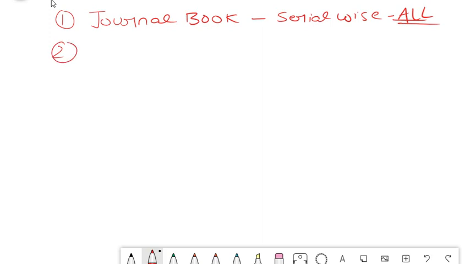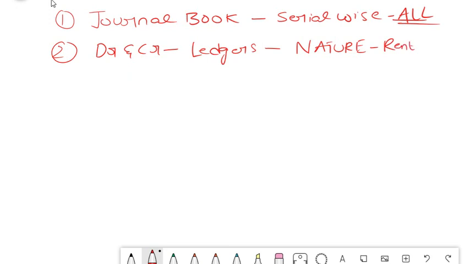In this journal book, the entries which were posted had debit and credit. The account names of this debit and credit were called ledgers. Ledgers were classified according to their nature. That means each ledger has a different name, for rent, for phone expenses, and so on. The name for each and every ledger is different, and all the transactions of that particular nature are posted into that ledger. That means for rent, the rent ledger is used; for telephone expenses, the telephone expense ledger is used; for cash, the cash ledger is used, and so on.